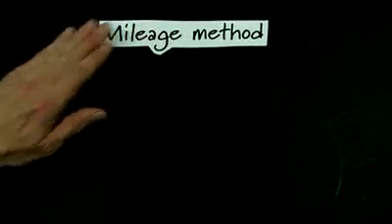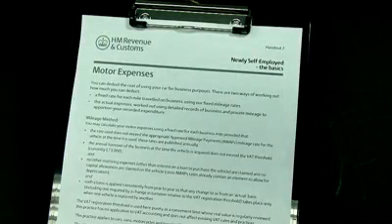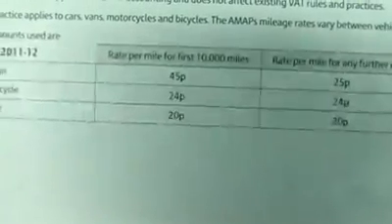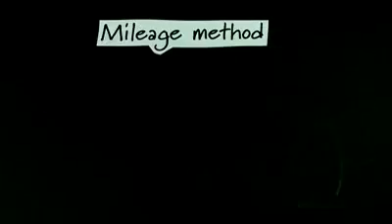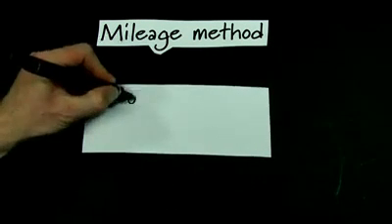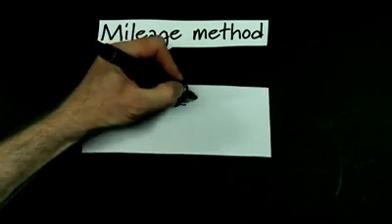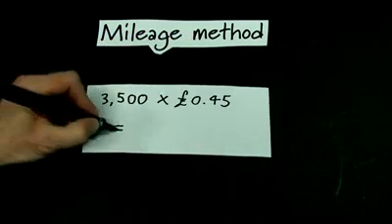For the mileage method, Katsu needs to use HMRC's Approved Mileage Allowance Payment (AMAP) rates to calculate his motor expenses using a fixed rate for each business mile. In this calculation, Katsu multiplies the 3,500 business miles he has driven in the relevant tax year by 45 pence a mile, which equals